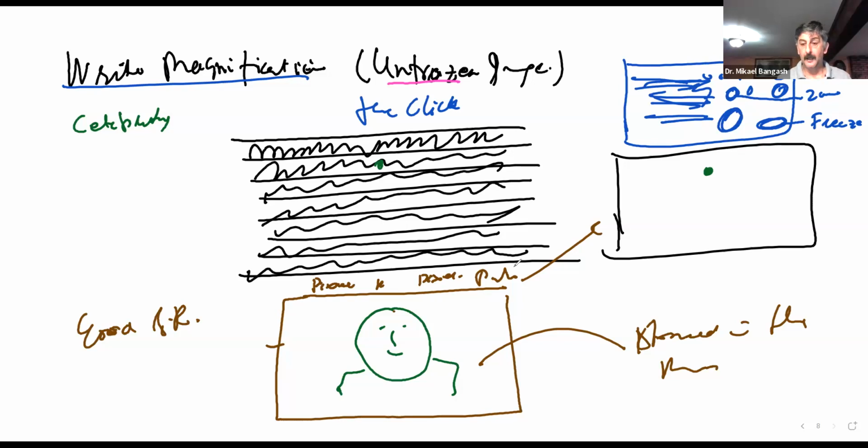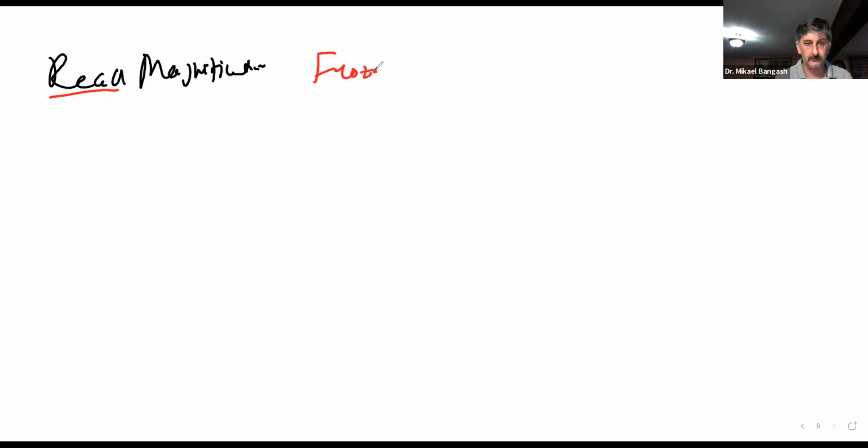Now, on the other hand, ladies, if we said read magnification, that's relatively easier for me to demonstrate here on a Zoom session. Read magnification is done on a frozen image, and when an image is frozen,